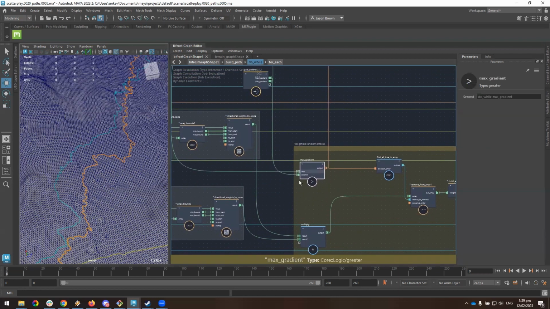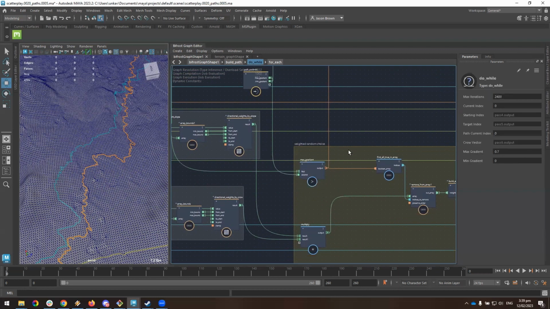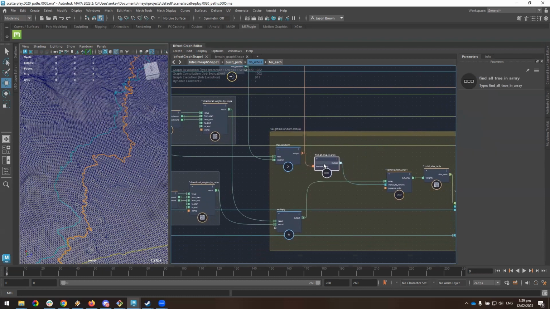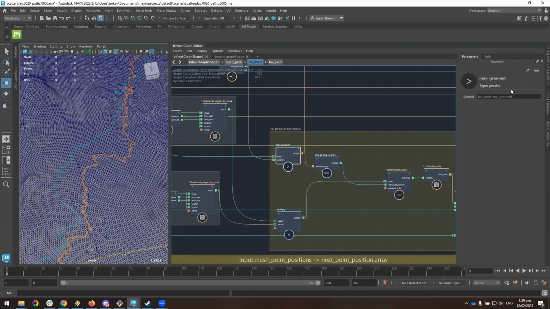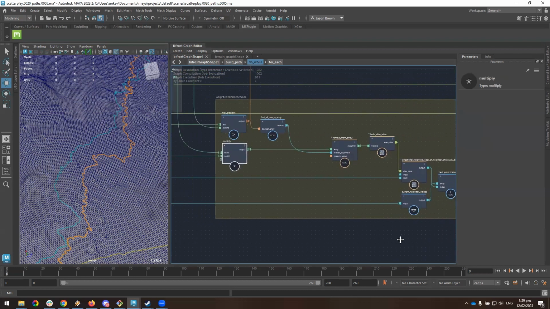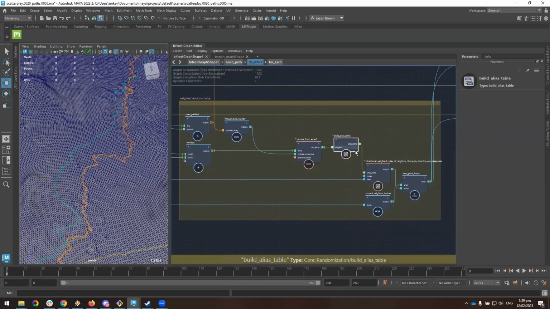So what I'm doing here is I've got a control now called max gradient. That is the steepest gradient it will climb, based on 0 to 1, basically. So it's looking for anything that's greater than the max gradient, finds those, and then removes them from the actual data, like completely removes them from the array that's coming out of these. So what comes next is these two nodes here,